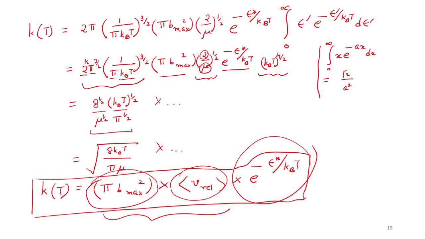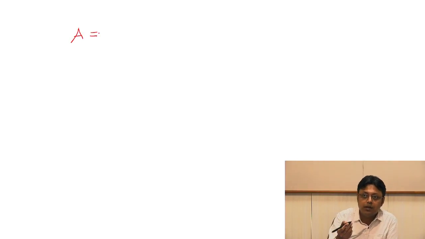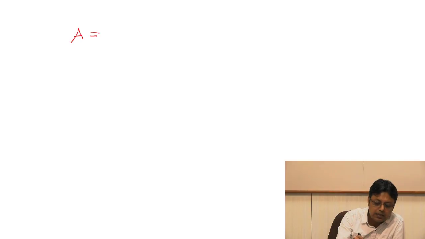However, with the condition that all the conditions are now here, sitting in that Boltzmann factor, the energy has to be above a threshold energy, which is epsilon star. Thus, we see that even a very simple model, the collision theory model, gives a very Arrhenius-like expression, which we did not get in the simple collision model where we did not impose the energy criterion. So A is nothing but pi b_max squared